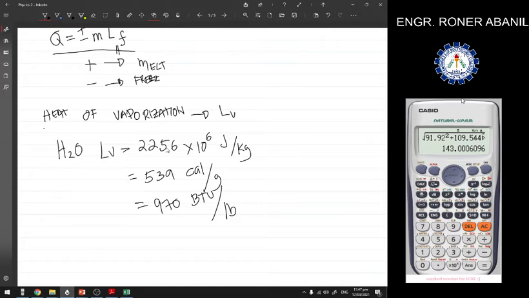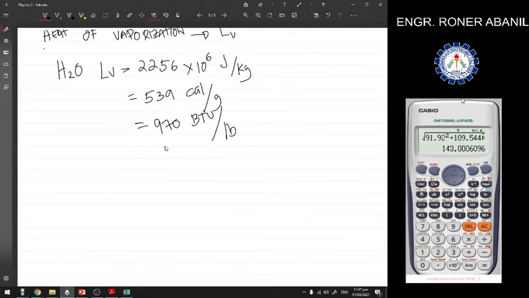Okay? By comparison daw, para tumaas yung temperature of 1 kilogram of water from 0 degrees Celsius to 100 degrees Celsius,